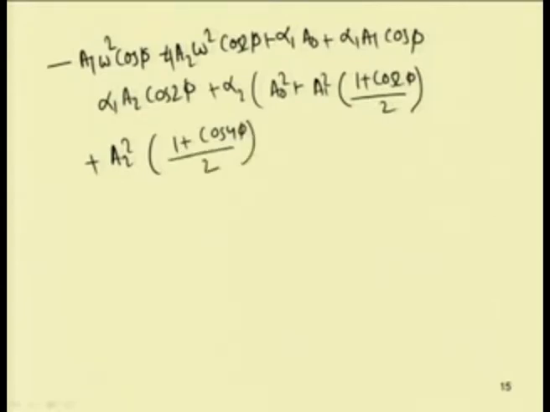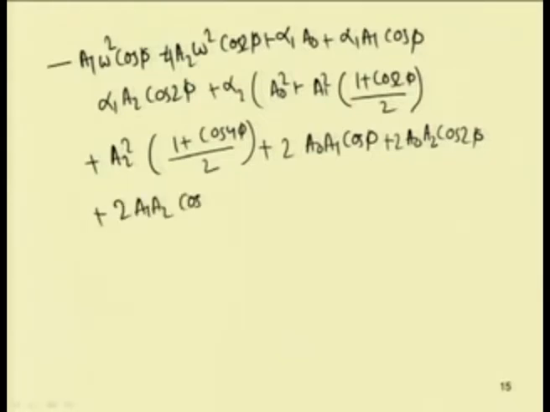So, this is cos square 2 phi. So, plus 2 A0 A1 cos phi plus 2 A0 A2 cos 2 phi plus 2 A1 A2 cos phi into cos 2 phi plus alpha 3 into,